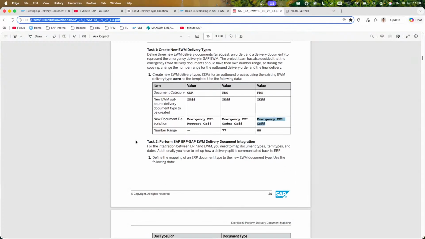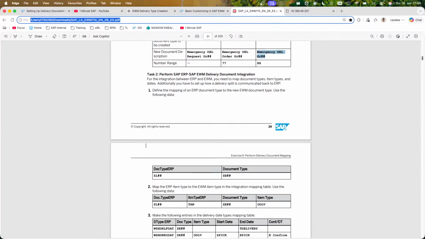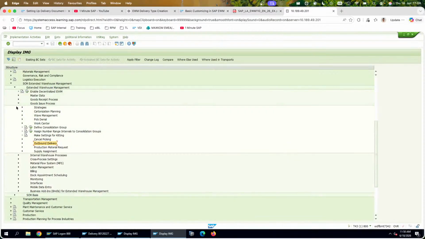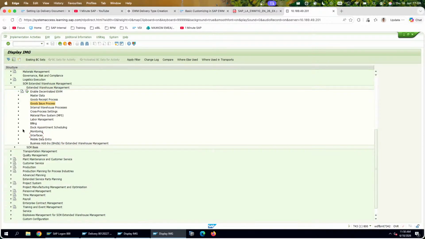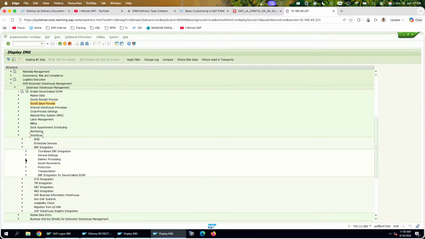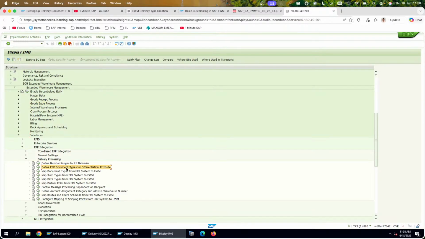Now is our time to go to the integration part and map the document type from ERP to the document type in EWM. For that, I think I will not go inside the goods issue process, but I'm going to interface, going to ERP integration, delivery processing, and we are going to map the document types from ERP to EWM. Okay. Before doing that, just one thing that I want to do is